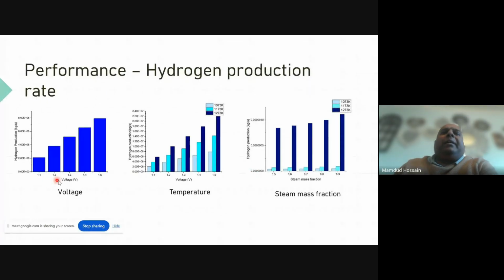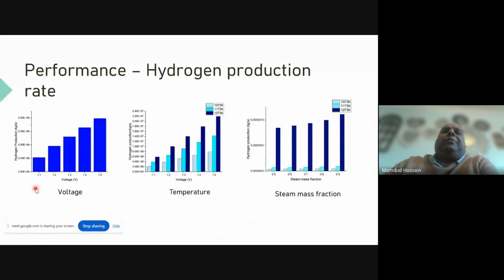We can run this electrolyzer at different voltage. There is a term called thermoneutral voltage, below which you don't need to put in additional heat, because whatever heat is generated during the electrochemistry is good enough to maintain high temperature. And if you increase the voltage above the thermoneutral point, you have to put in extra heat to run the system. Okay, so originally you may think it's better to run below the thermoneutral point at a lower voltage,